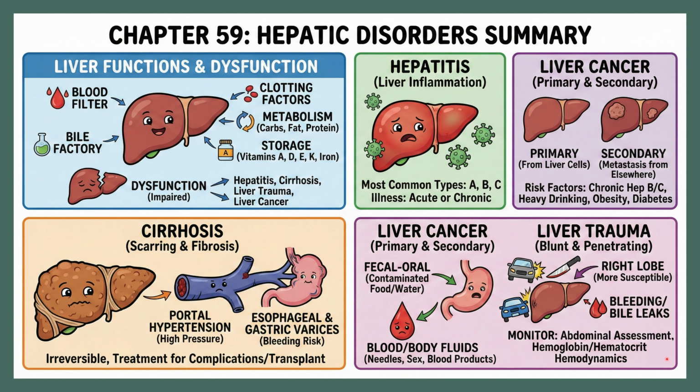The liver also serves to detoxify the blood, and it's a storage area for vitamins A, D, E, and K, and iron. Hepatic dysfunction occurs when the liver is no longer able to perform its usual functions. Several conditions such as hepatitis, cirrhosis, liver trauma, and liver cancer all impair the ability of the liver to